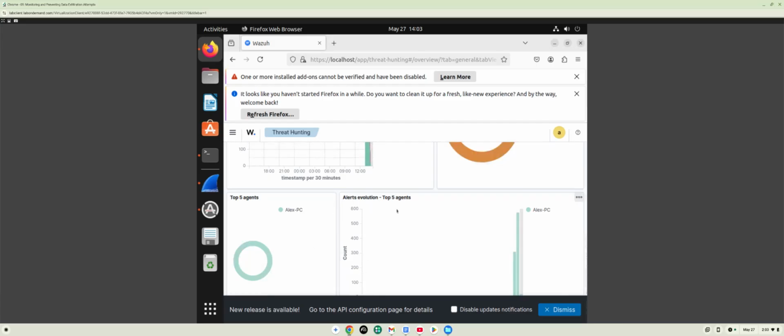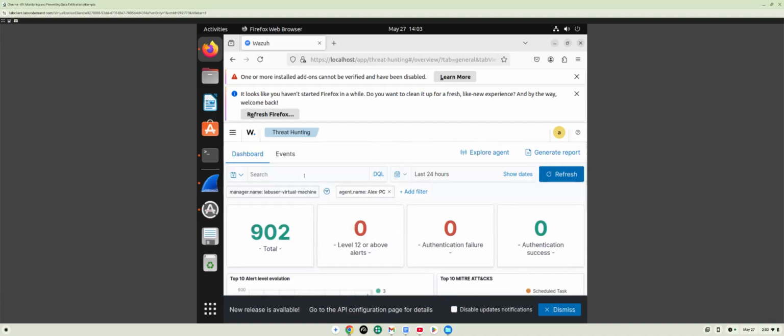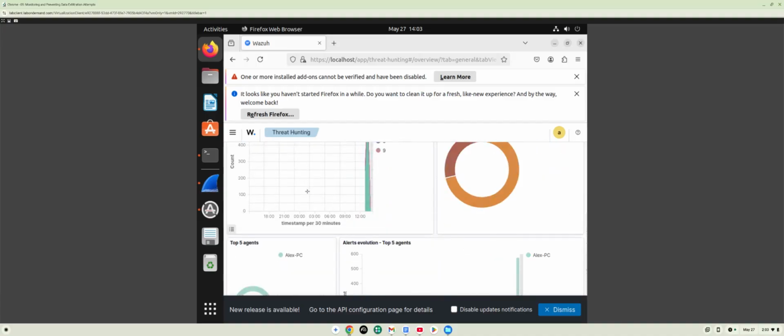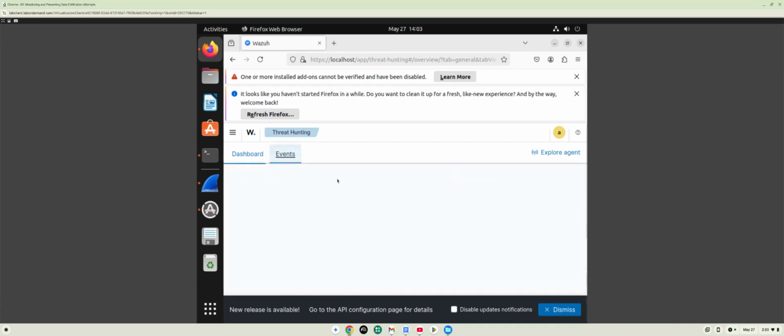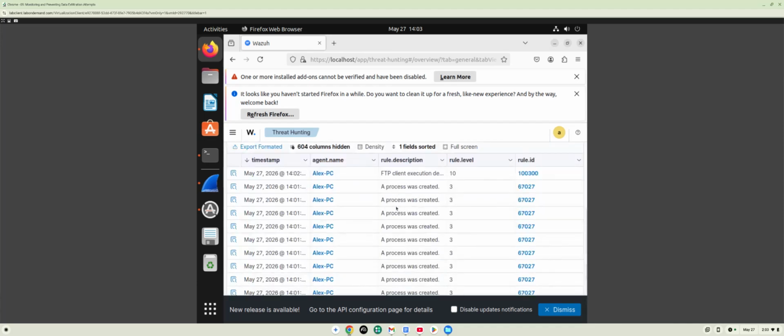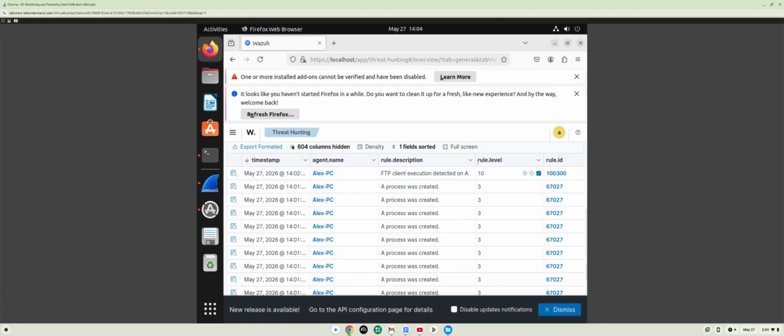All right, so I'm going to click that, and let's see. If I click on the events tab, we should be able to see it. All right, see right here. Let me see if I can extend this. So we can see that the rule level has been set to 10. And there is the flag. FTP client execution detected on Alex's machine. So that's going to alert the SOC team or the analysts that are monitoring